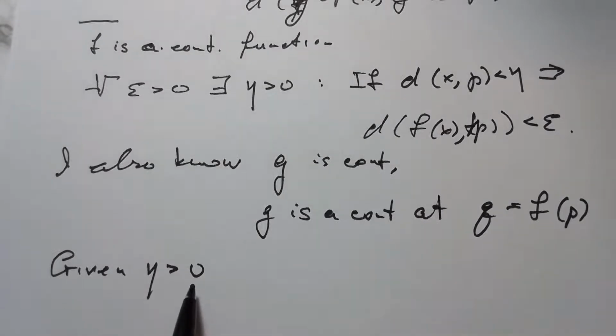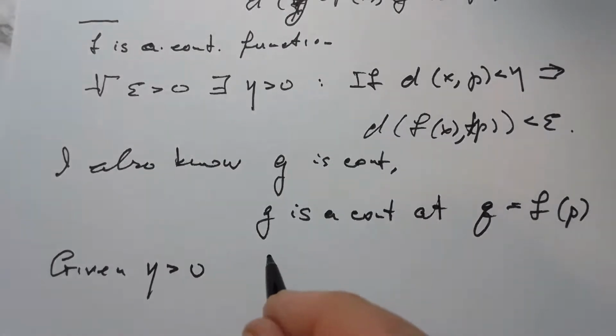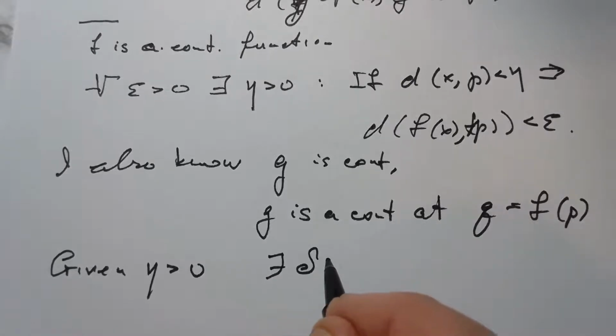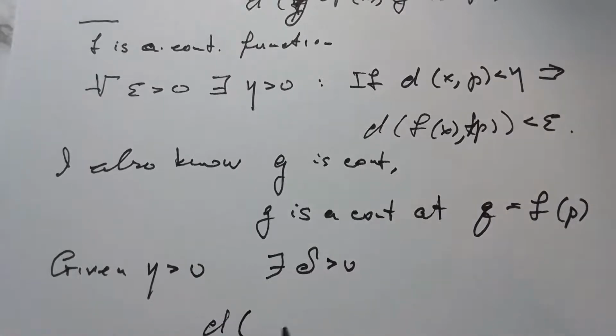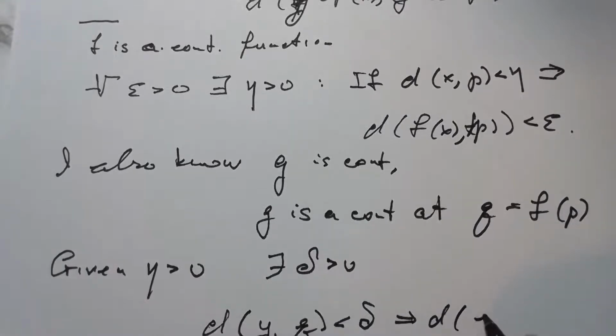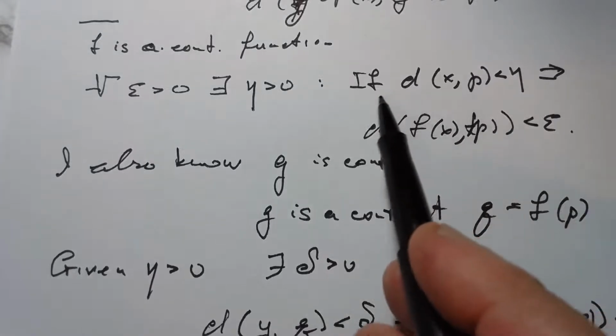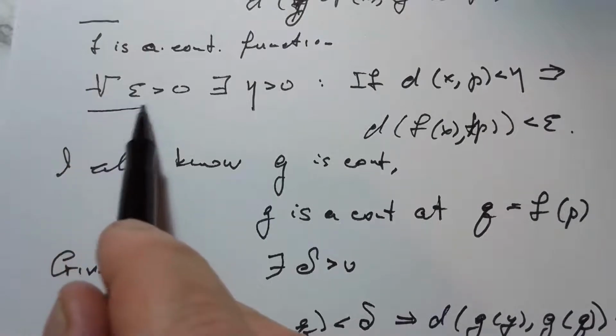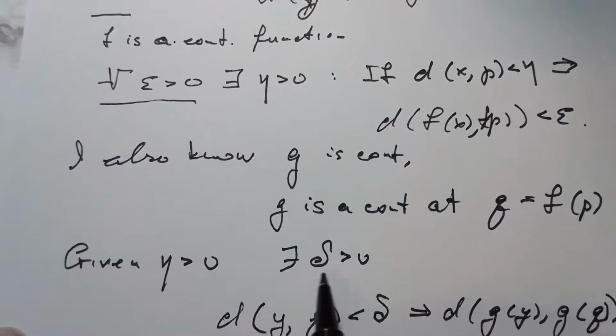So given an eta and this point q, there exists a delta greater than 0, such that if the distance from, I don't know, y to q is less than delta, then the distance from g of y to g of q is less than epsilon. So if we combine these two statements together, we will have that for every epsilon greater than 0, there exists a delta greater than 0, such that what happens here